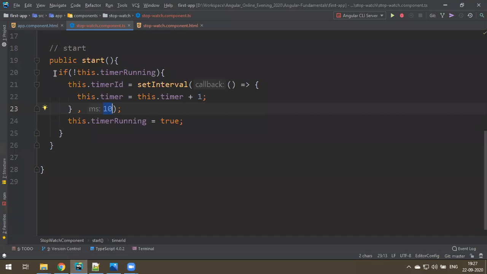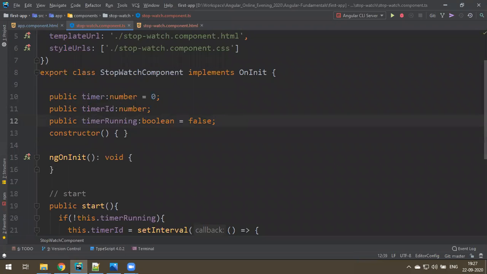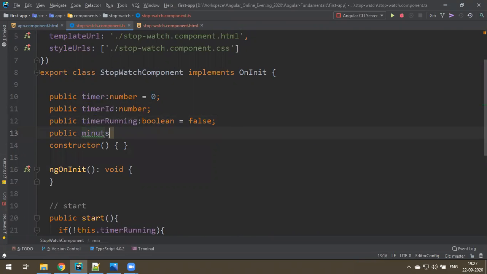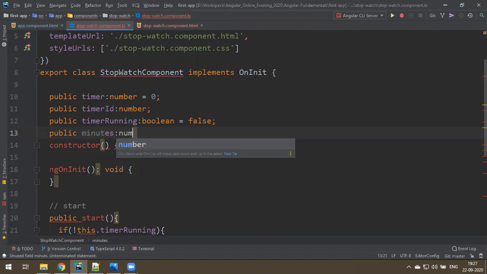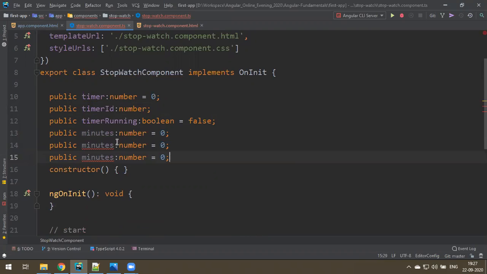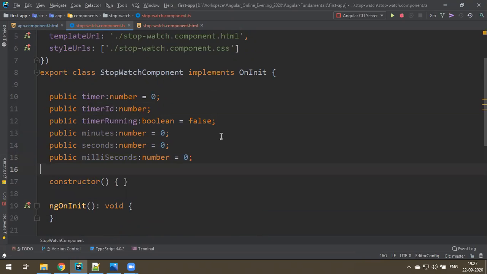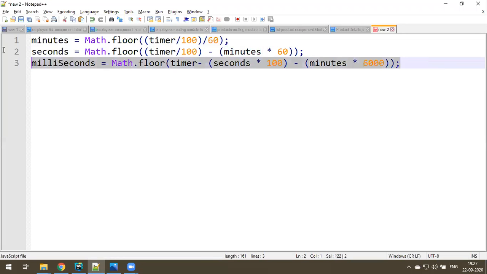Let's create them. So here public minutes of type number is equal to 0. I start with 0. This is seconds 0, milliseconds also 0.